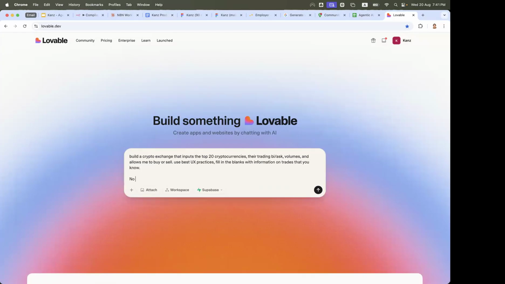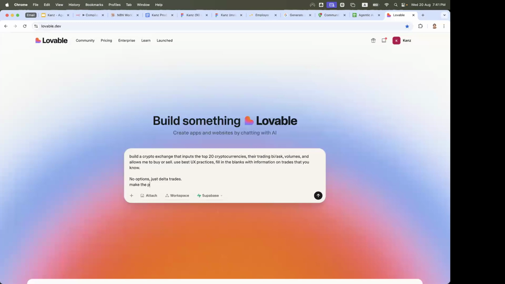No options yet, just delta trades. Make the product a web app.